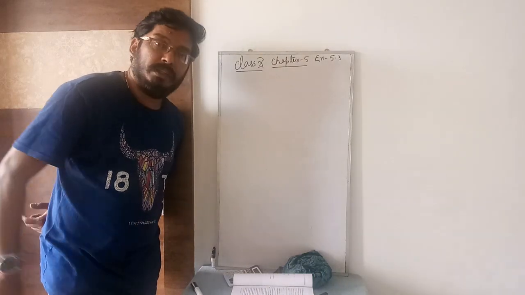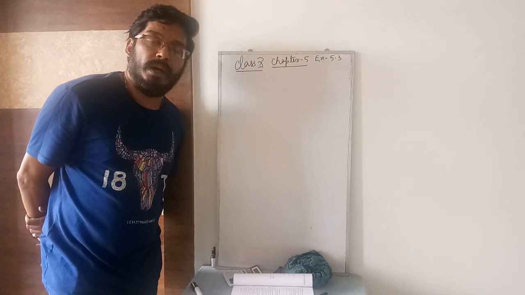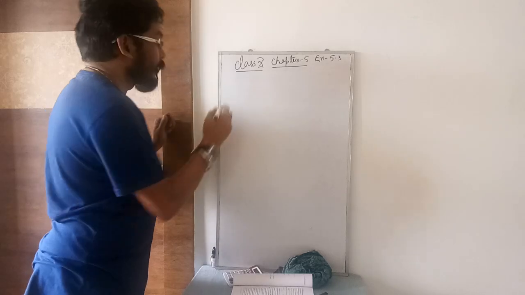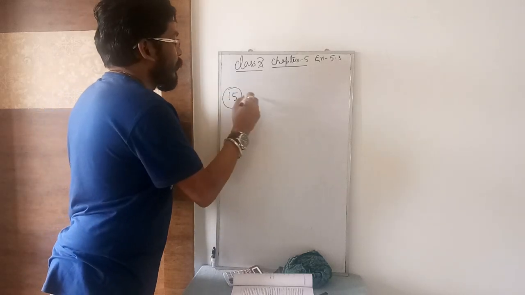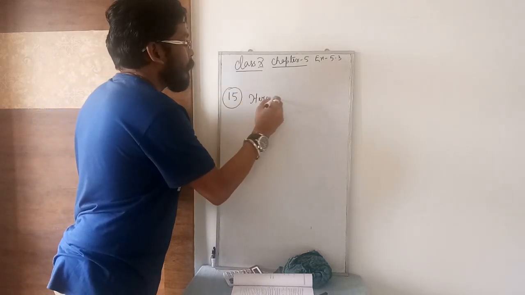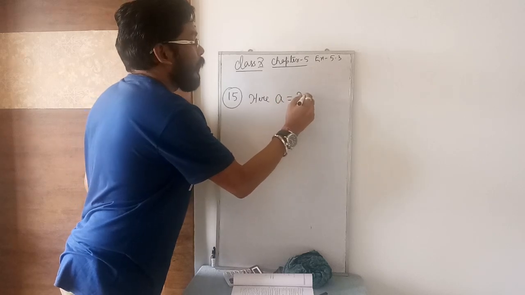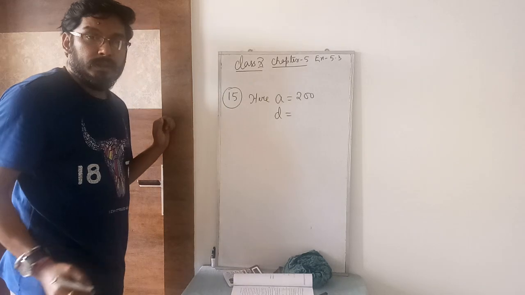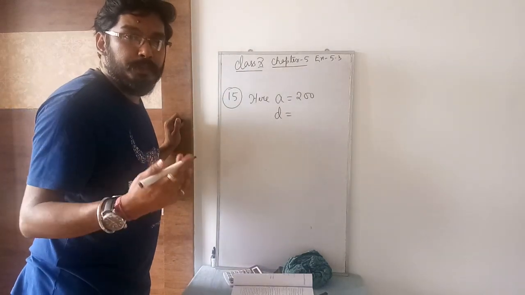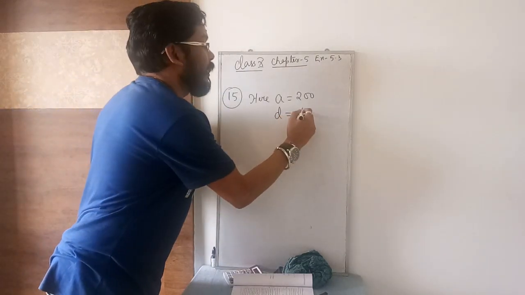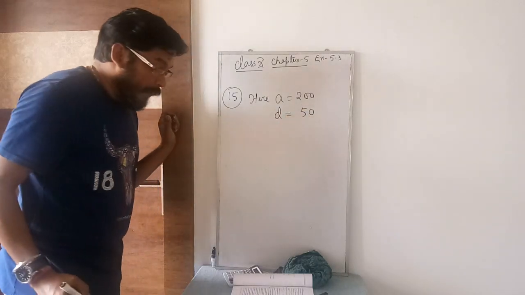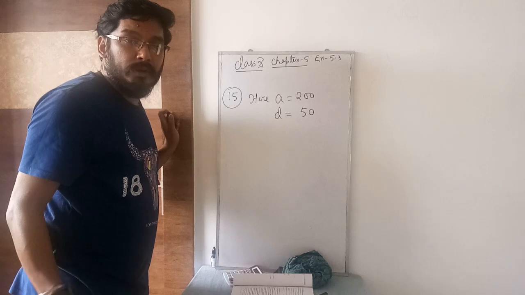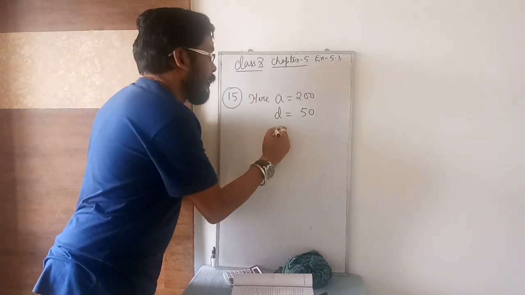In this way, every day 50 rupees will go on increasing. So your first penalty is rupees 200. The first penalty will work as your first term, so here A is 200. What will be the common difference? After every 1 day, 50 rupees changes, so D is 50. If you finish the job after 30 days, what penalty are you going to pay? So this N is 30.